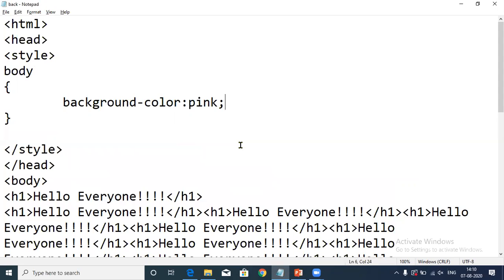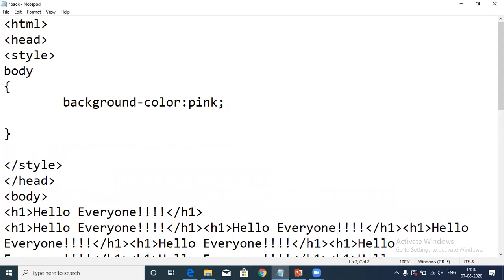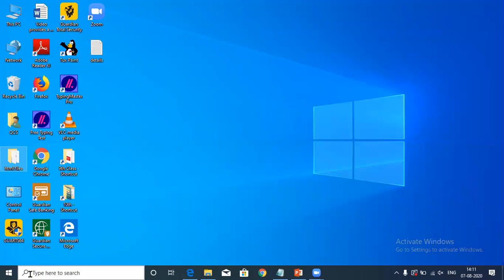Now we want to apply the background image. For that, which property am I going to use? The background-image property, colon. Then we will write url, and within these brackets, we'll put double quotation marks. Here we'll put the name of the image. So how are we going to do it?